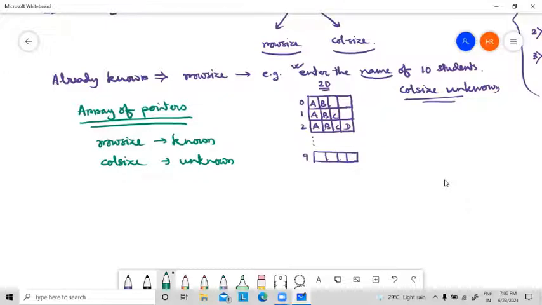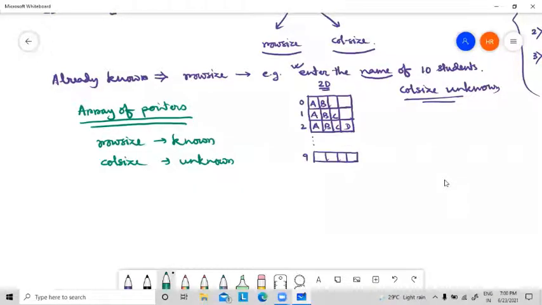But in case of a 2D array, there are 2 unknowns. It may happen that in some situations, among the 2 unknowns, row size and column size, you know one but the other is not known.